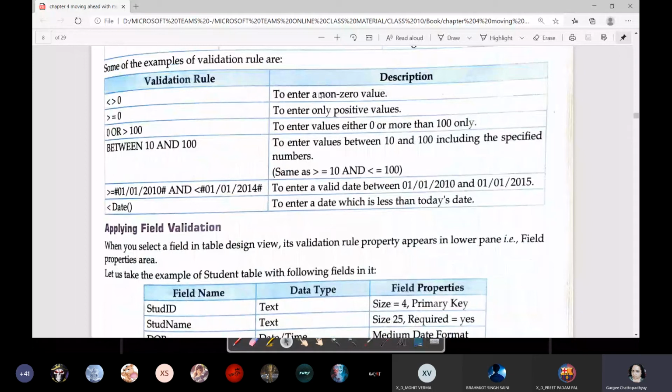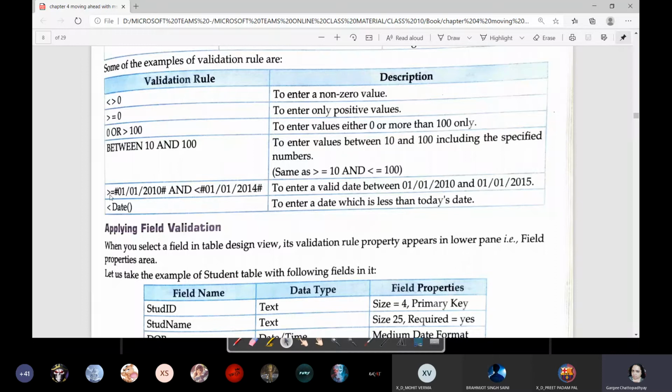You can see some examples which you can do on your own, students. Not equal to 0, greater than or equal to 0, that is enter only positive values. To enter a valid date between two dates, if you have to specify a date, it has to be mentioned within hash, between hashtags.